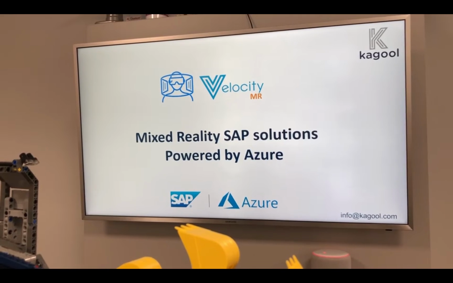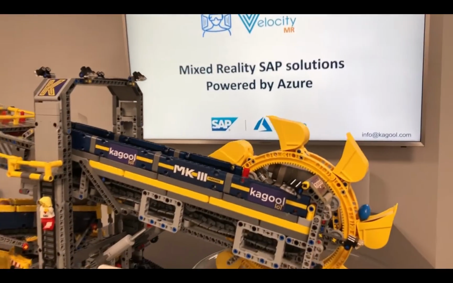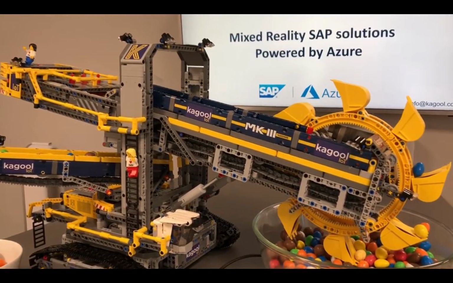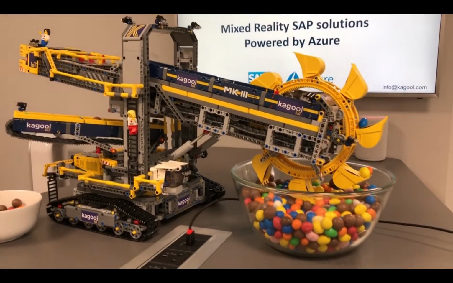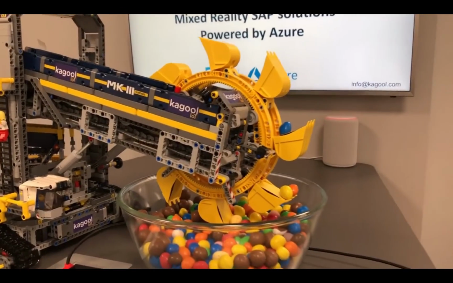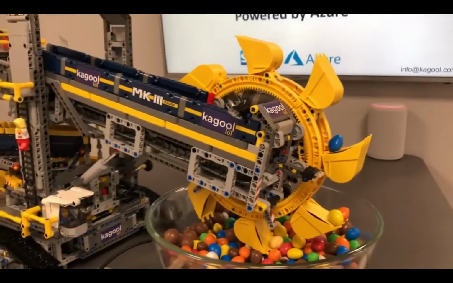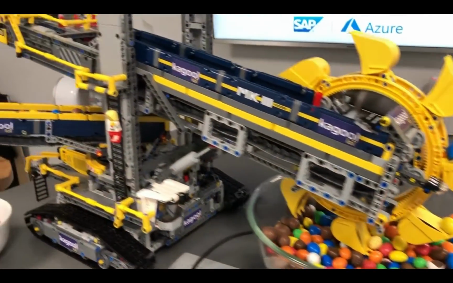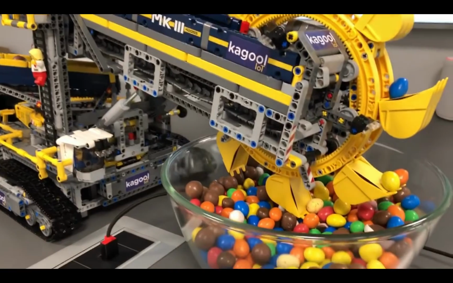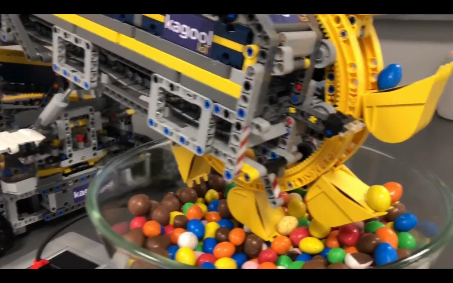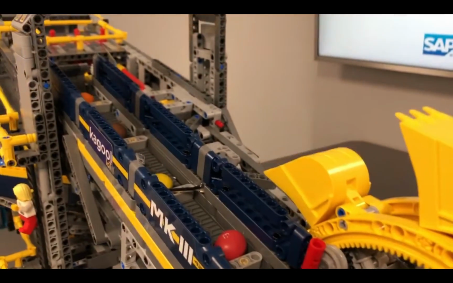So I've got an example model to show you. If we just zoom out a little bit, anybody that's familiar with Kagool at some of the events that we do in the UK may be familiar with this contraption. It's a simulation of a production manufacturing scenario, an electronic Lego kit which mines different coloured Smarties, M&Ms, etc. They go up this conveyor belt, up the scoops, up the conveyor belt, and then we've attached a series